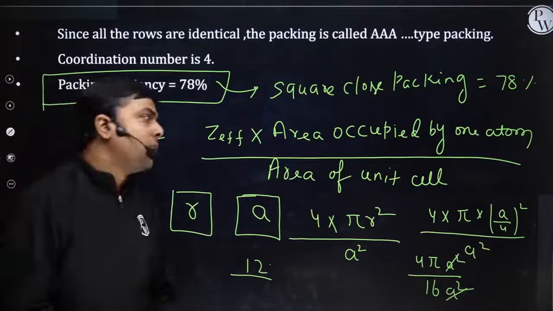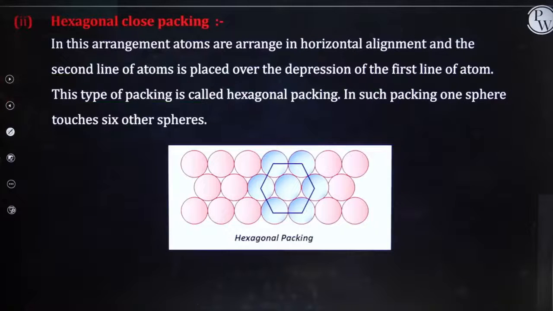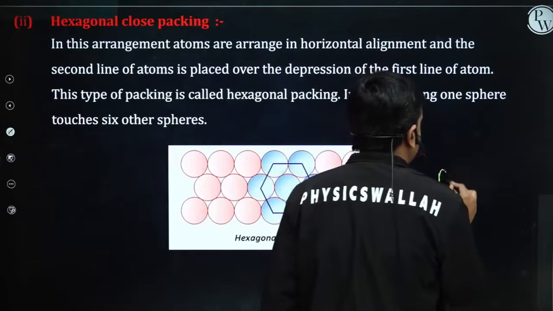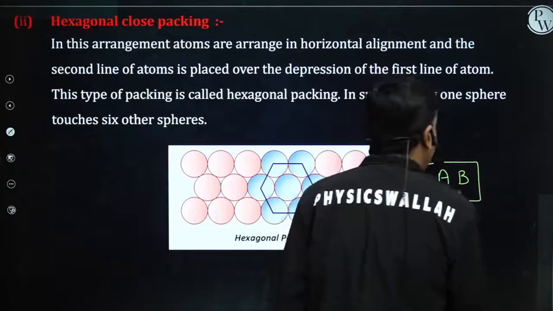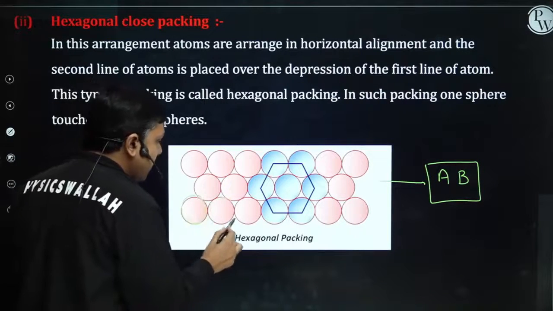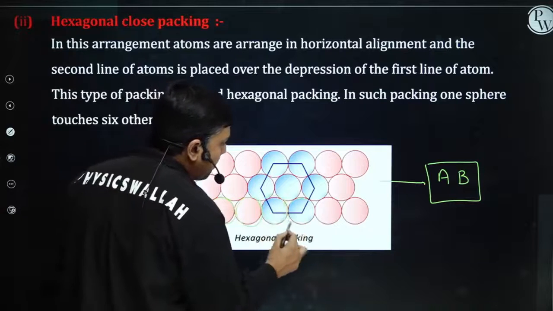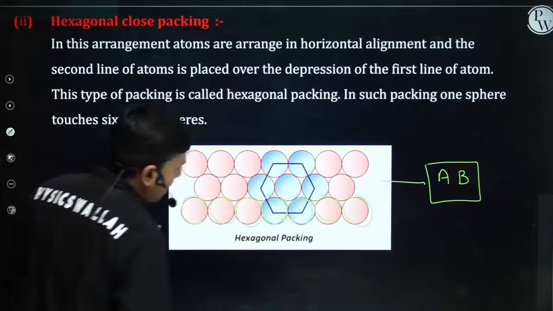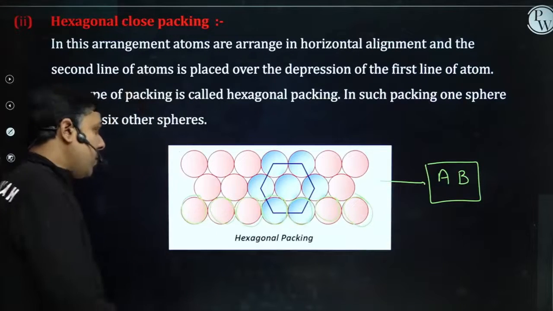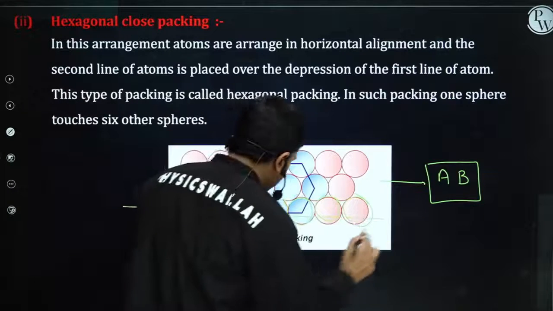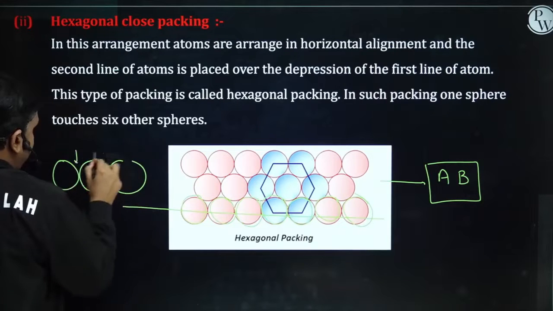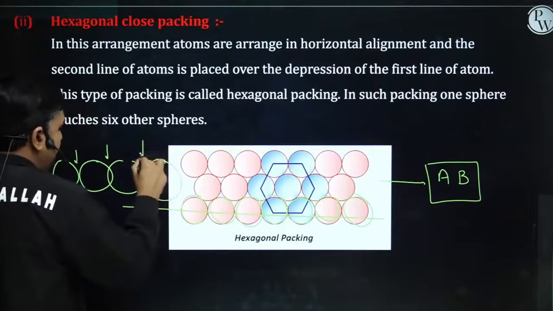Okay. Let's move to the next type of packing in 2 dimensions. And this type of packing is referred to as AB packing. AB packing. First, once again, you have to do one thing. You have to do the arrangement or packing in one dimension. This is how we do packing in one dimension. Atoms are simply arranged in a line touching each other. Now, if we focus on this particular layer, let's see. There are certain depressions here, right?